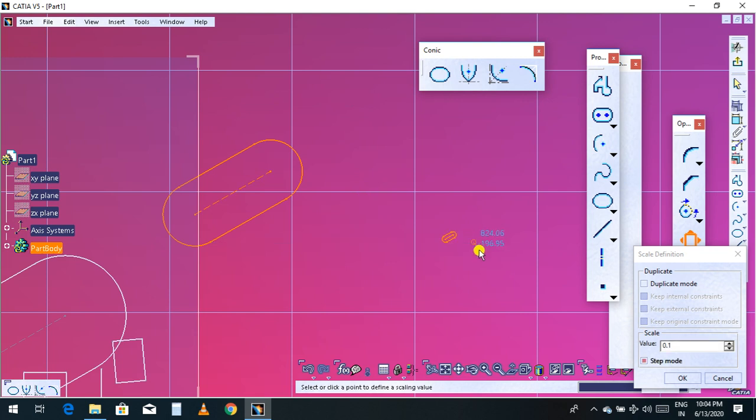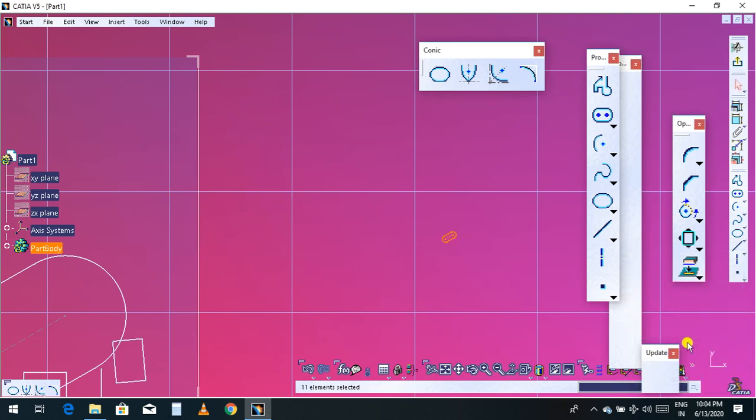We can give a value directly, so I will give a value 0.1. Click OK. So now the original part is deleted, and this scale is reduced compared to the original part.